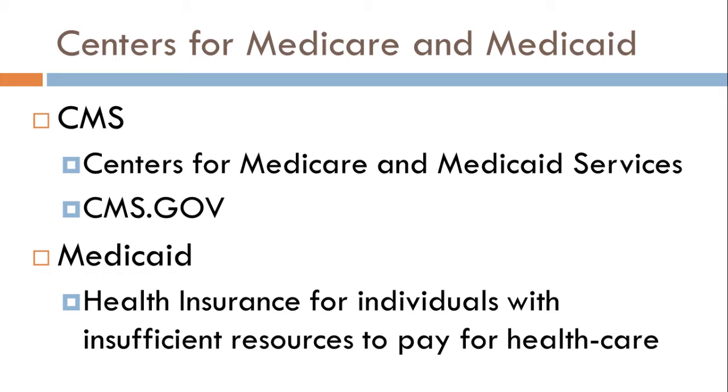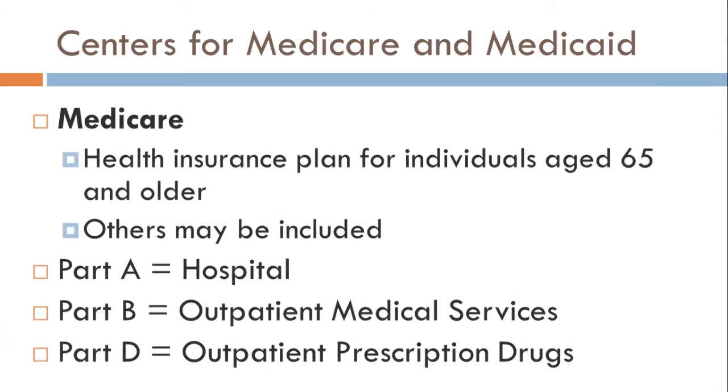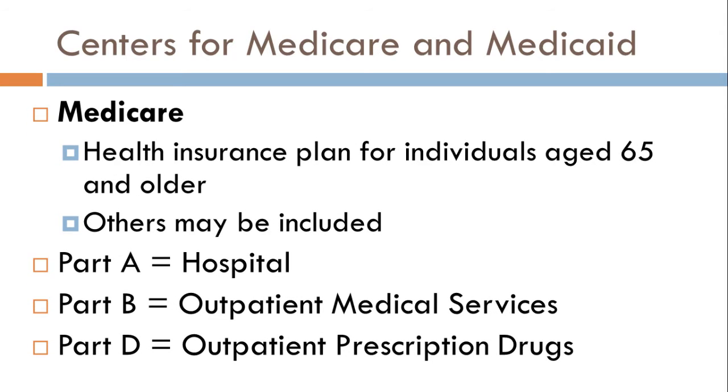Everybody that is employed will contribute to this pot, and from that pot will come the funds to be able to pay for Medicaid. So in a review, Medicaid is for individuals with insufficient resources, and it comes from the Centers for Medicare and Medicaid Services, as does Medicare. When you hear Medicare, you should think elderly. There are some exceptions, but it's a health insurance plan for individuals age 65 and older, and as you see